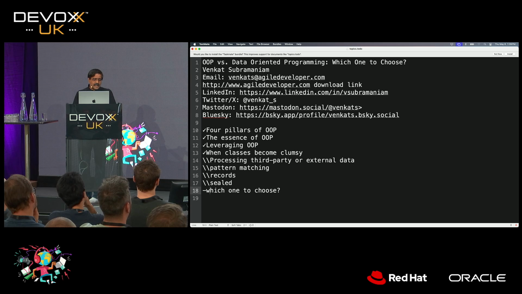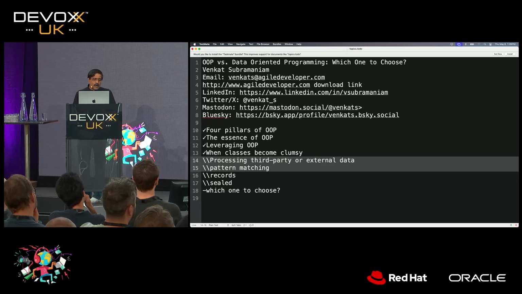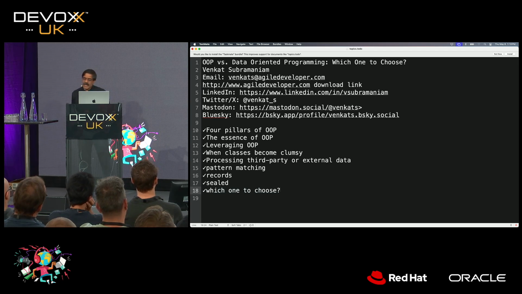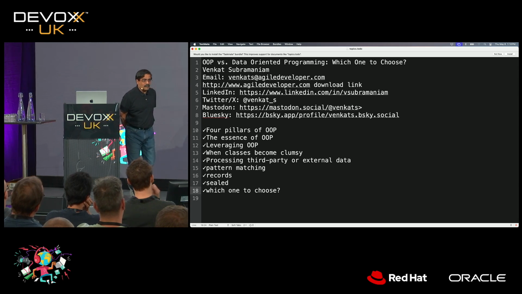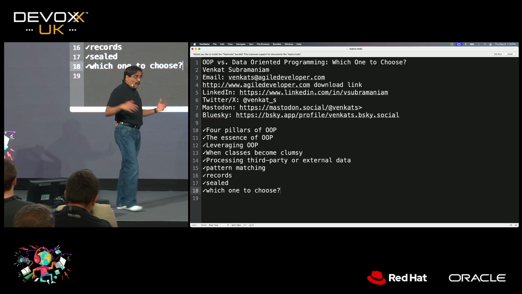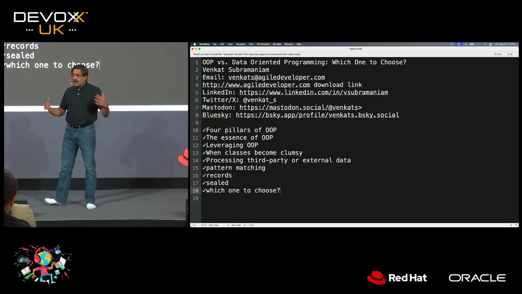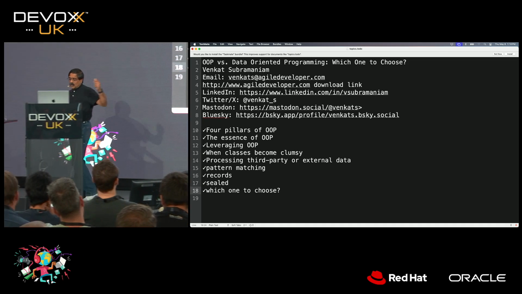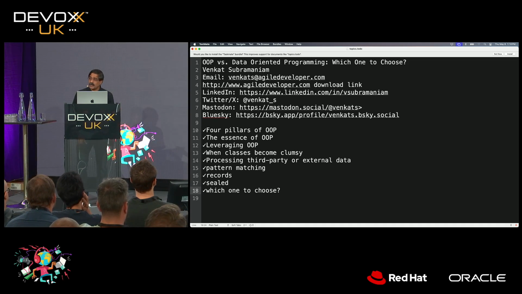And my argument is we should really use both, right? And we should really use both, but we should use each one of them where they make sense. So to me, it makes sense to use OOP. It makes sense to use data-oriented programming, but they both coexist. And to us, the benefit is we have the tool on our hand, and we can put them to use where it makes really good sense.